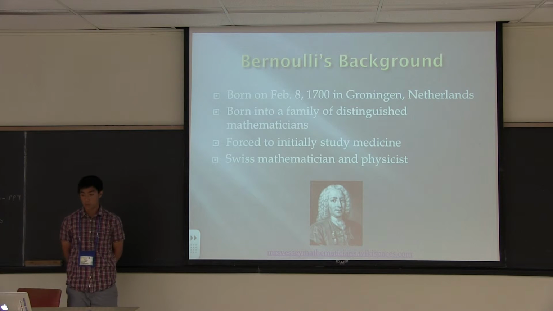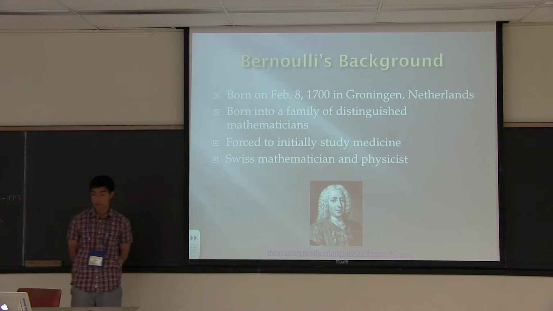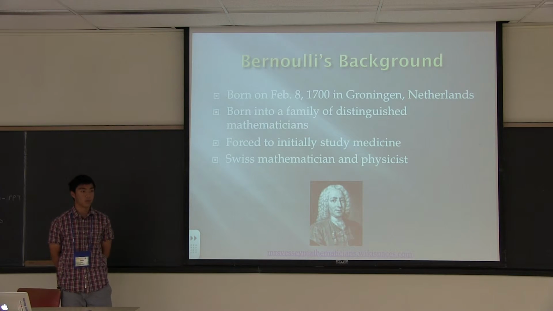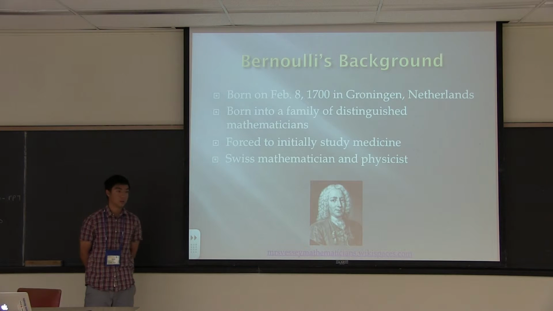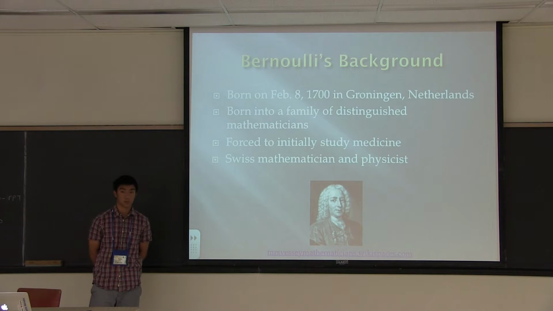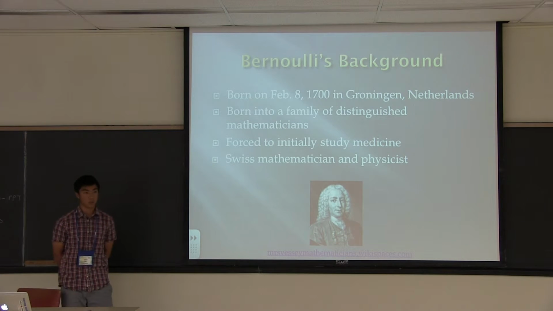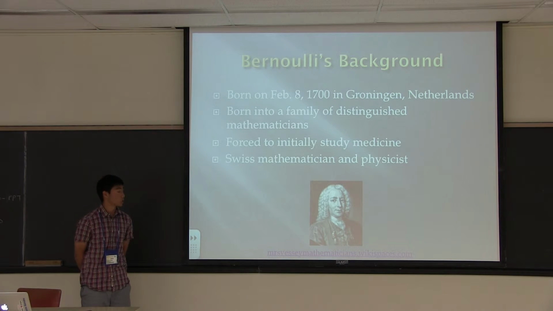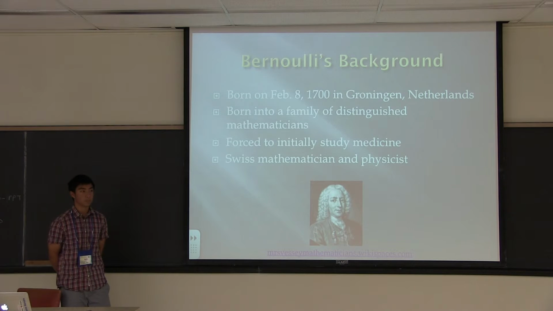He was born on February 8, 1700 in Groningen, Netherlands, into a family of rather well-known and successful scientists. His father, Johann, was one of the early developers of calculus. However, even though Daniel Bernoulli himself wanted to learn mathematics, his father wanted him to study medicine. But due to his determination, they struck a deal where he would study medicine and have his father teach him